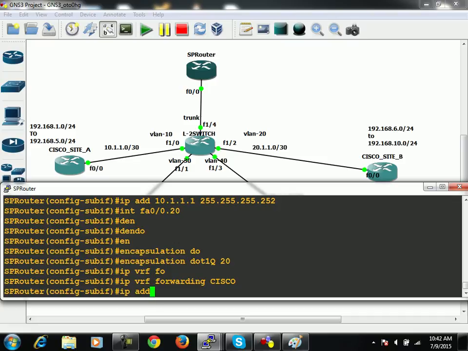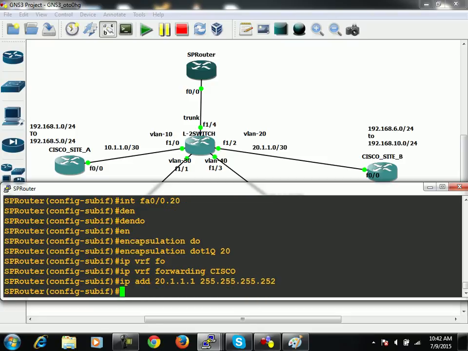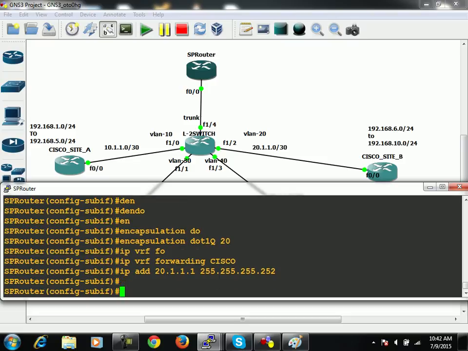The IP address will be 20.1.1.1 and slash, right,